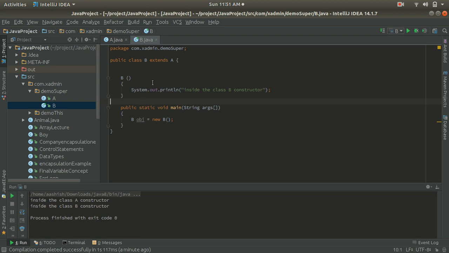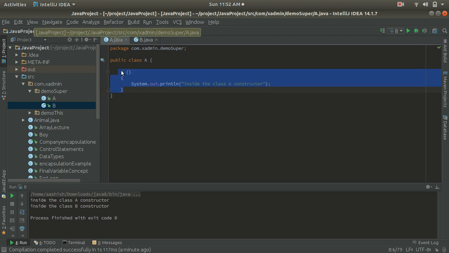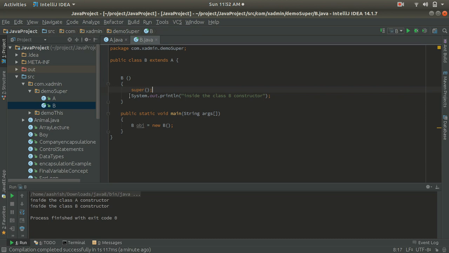It means that inside the constructor of B, the compiler puts super here like this, and it calls the constructor of class A first, and after that it calls the constructor of B.